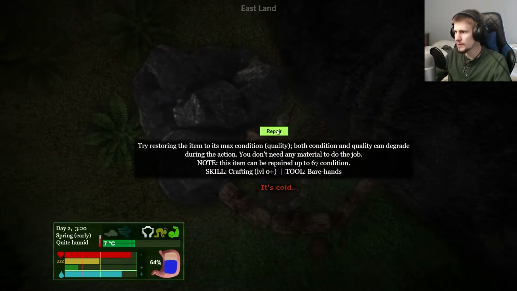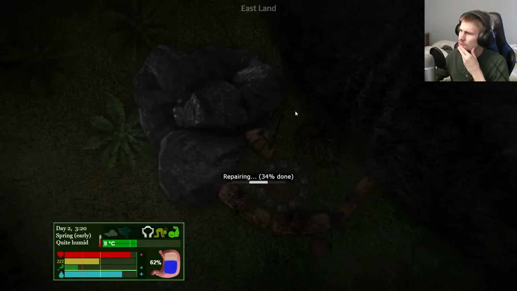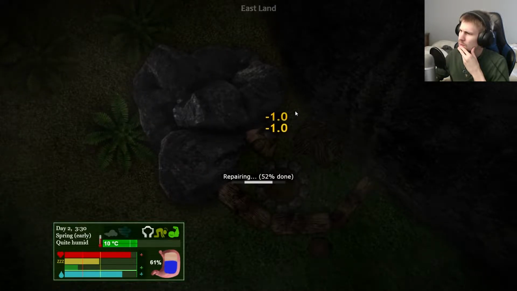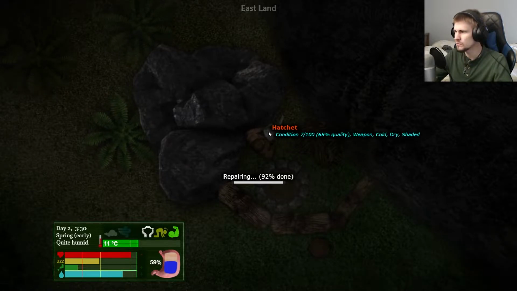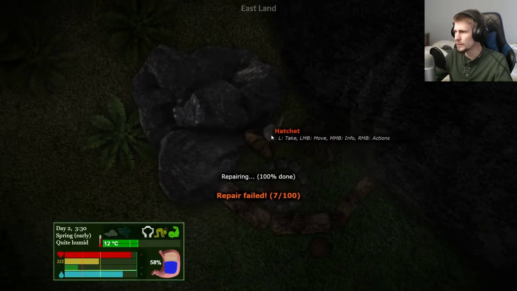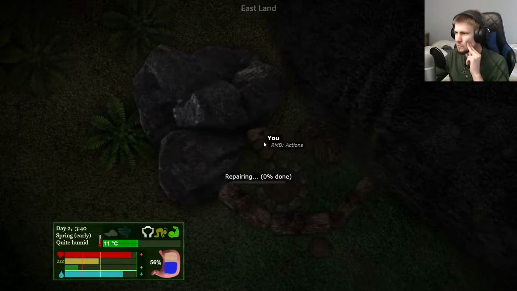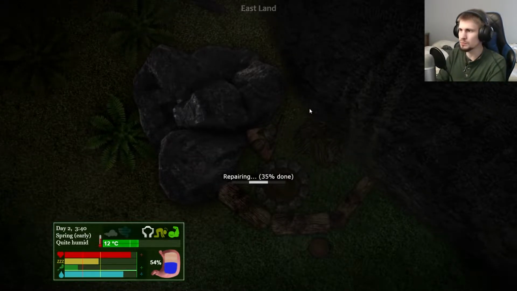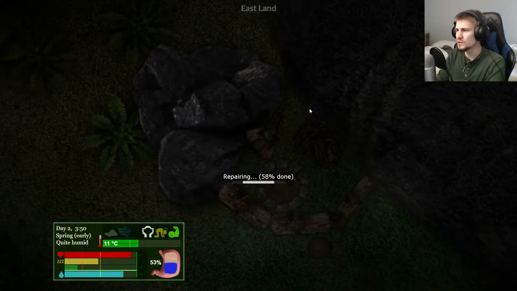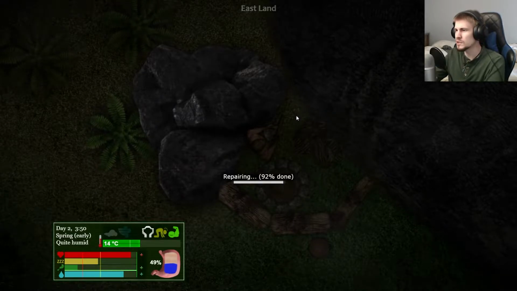Oh, I can repair, that's right. Wait, you don't need any materials to repair? Minus 1.0, what? No, repair failed. So, yeah, you don't need any material. So, you know what, I'm going to try this. The hatchet is basically going to break on one swing anyway. So, if I can actually repair this and get stuff done to it, which I don't think I will, but...